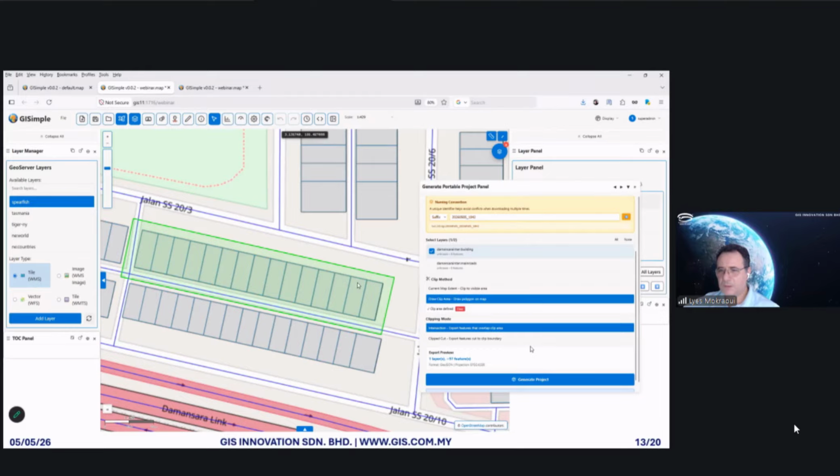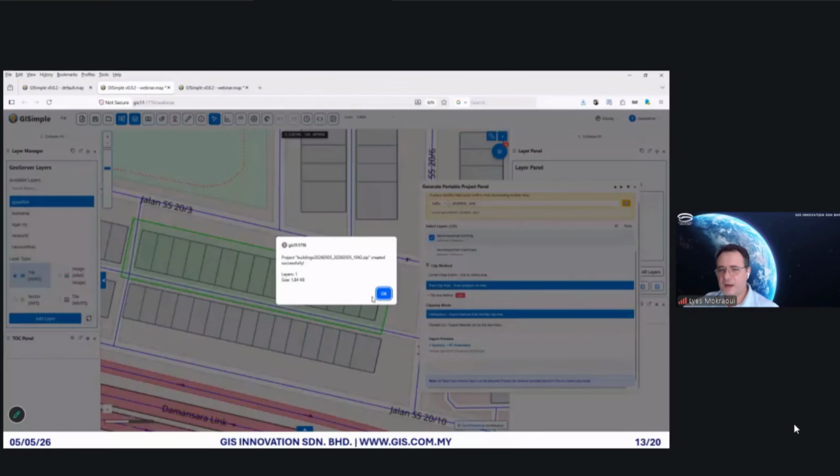successfully. But okay, so we are not doing the work over the internet. But this is fast because GIS Simple supports multi-threading as well. Okay, so all the cores in your server. Click OK. Once I've created the project, we go back to